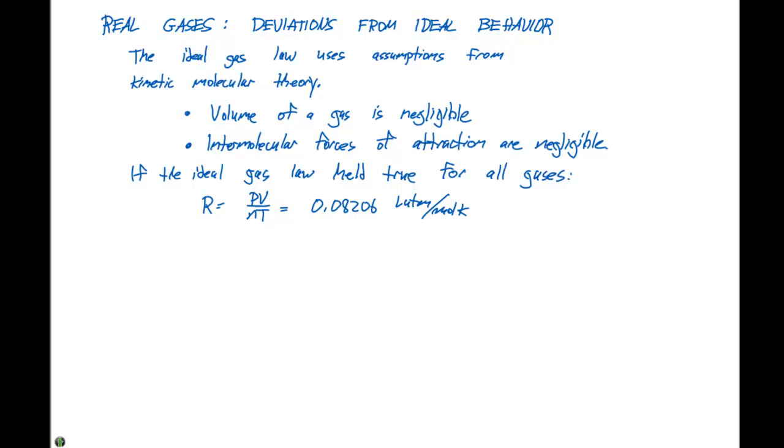So we need some kind of modification or correction to be applied to this to correct for this volume and intermolecular forces. A guy by the name of Johann van der Waals introduced two correction terms to describe the behavior of real gases. It's very similar to the PV equals nRT expression, but for the pressure, we need to add a correction term, which is P plus n squared a divided by V squared, times V minus nb equals